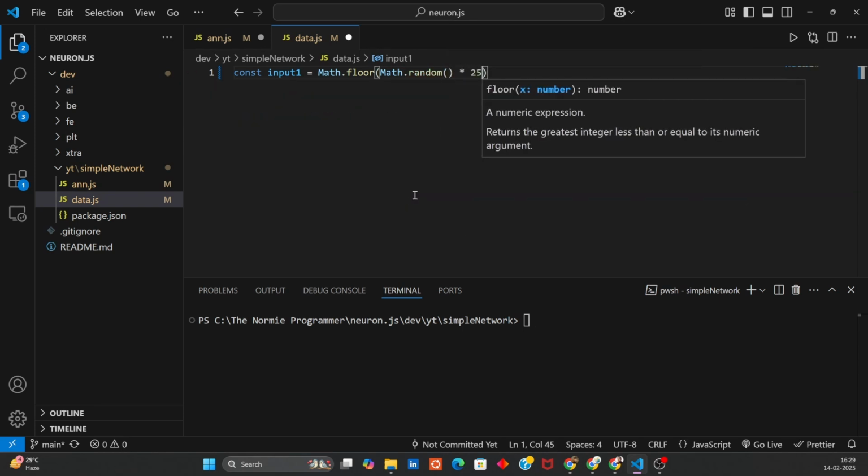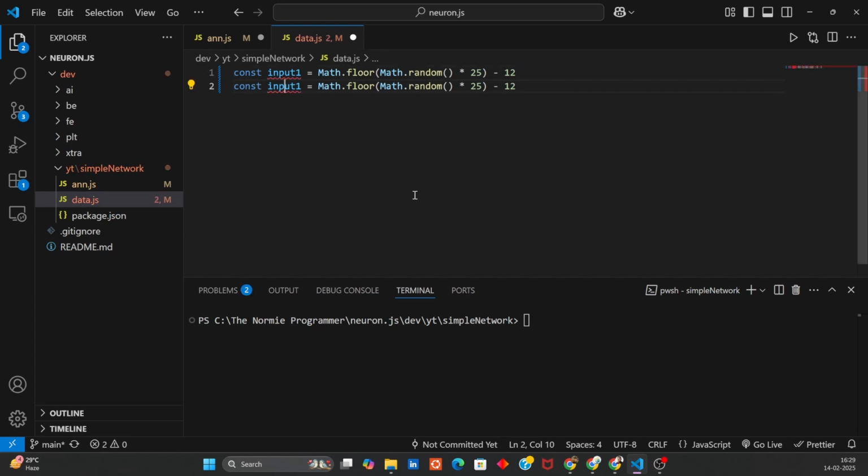Let me take a number in between 0 and 25. And we want negative numbers also, so we will do a minus 12. So we will get a number in between minus 12 and plus 12 like this. And we want two inputs, so input 1 and input 2. Now, if we have these things,